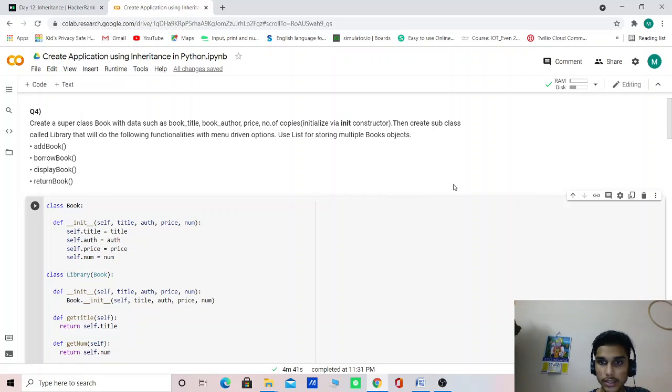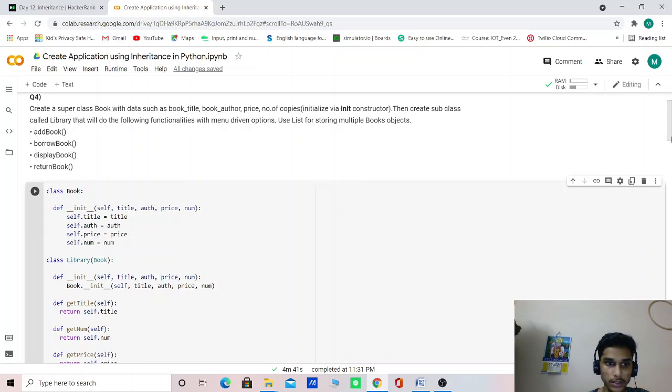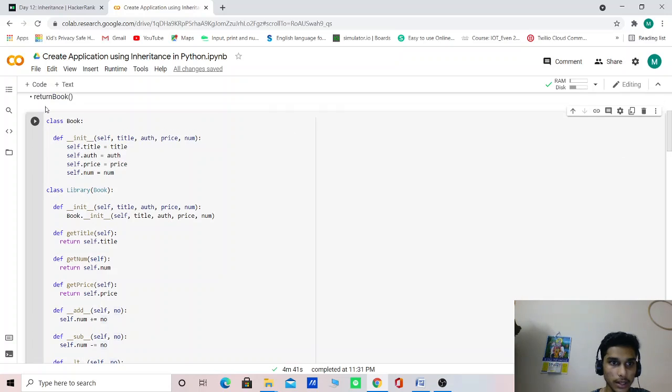In this question, we have to create a superclass book with data such as book title, book author, then price and number of copies. Then you should create the subclass called library that will do the following functionalities for this code. In this class book, we have defined self, title, author, price and number.